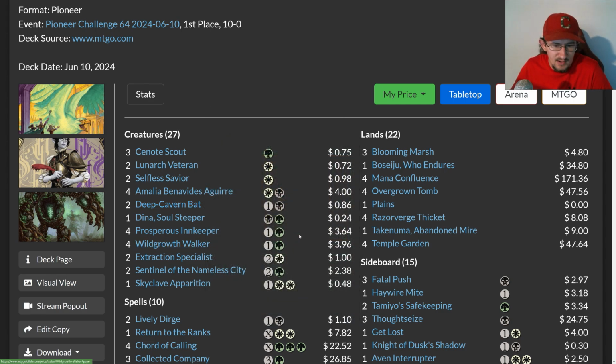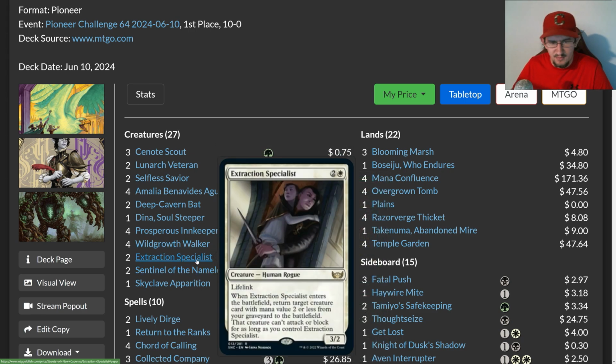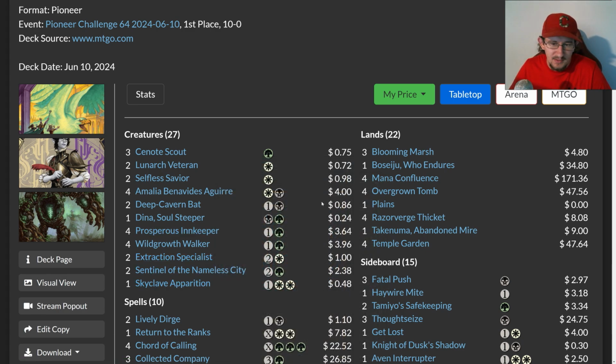So that's where we'd see some of these flex spots, where you'd see a fluctuating number of Sentinel of the Nameless City. You see a fluctuating number of Extraction Specialists, usually 1 to 2, and 1 Skyclave Apparition. Decks nowadays are playing Ruthless Lawbringer as a way to get rid of other things